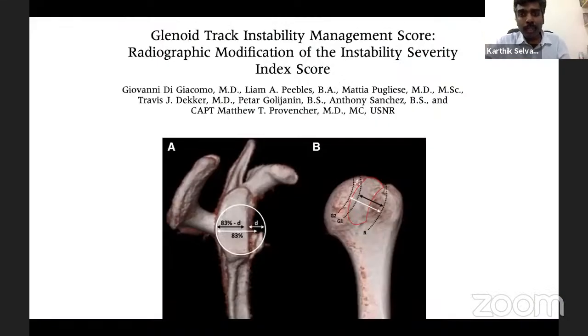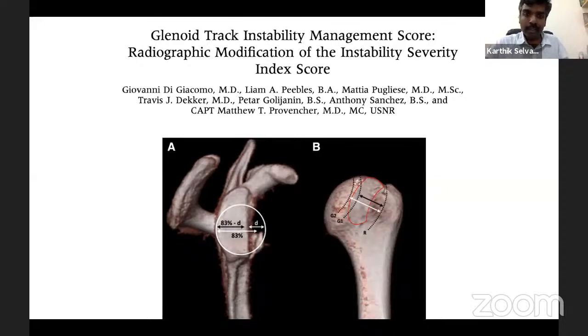Now, the most important thing is the interaction between the glenoid and the humeral bone loss. That is what has really triggered our imagination, and now we have the glenoid track. Now every radiologist talks about the glenoid track, which is a very good thing. We have educated our radiologists to look at glenoid tracking, and they are giving us various measurements.